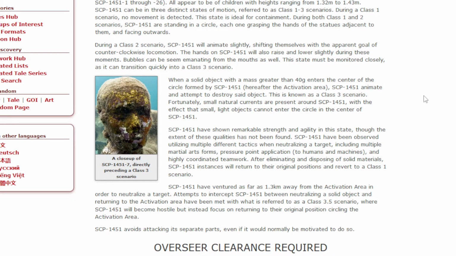1451 has shown incredible strength and agility in this state, though the extent of these qualities has not been found. 1451 has been observed utilizing multiple different tactics when neutralizing the target, including multiple martial art forms. What the fuck? Pressure point application to humans and machines, and highly coordinated teamwork. After eliminating and disposing of all solid material, the SCP-1451 instances will return to their original positions and revert to